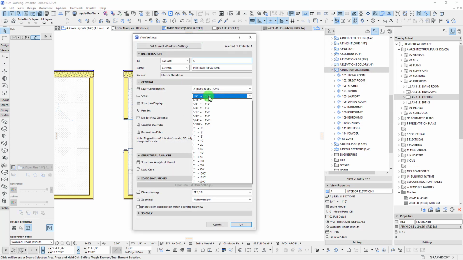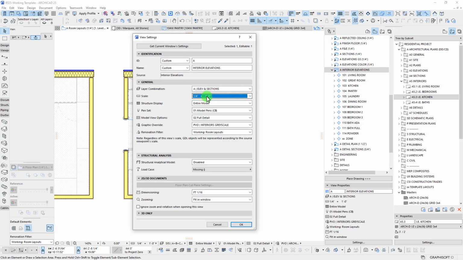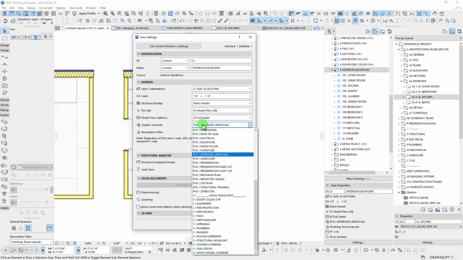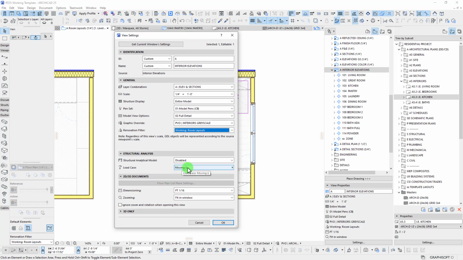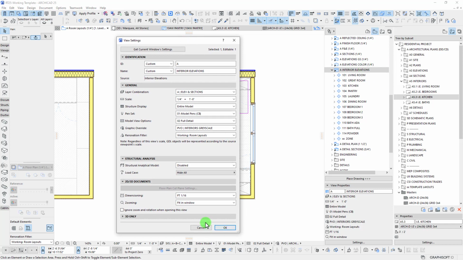You can see we're currently set to 1/4 inch scale. We do have a graphic override here set for some interiors. We're currently working on our renovation filter for our room layouts, which is fine for right now. I don't know why we can never get that to always be high for the structural, but the most important settings that I want to point out here for working with interior elevations is this option right here for